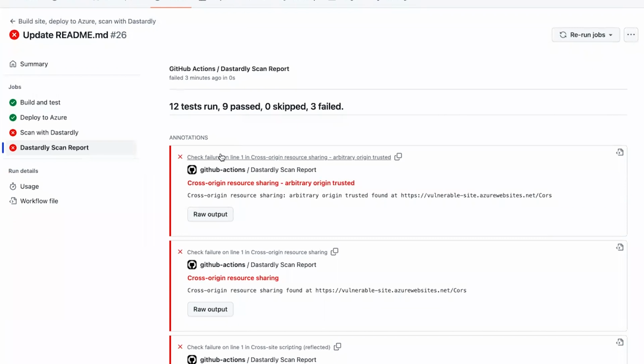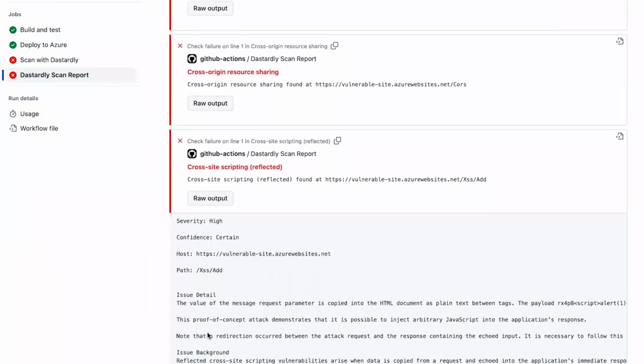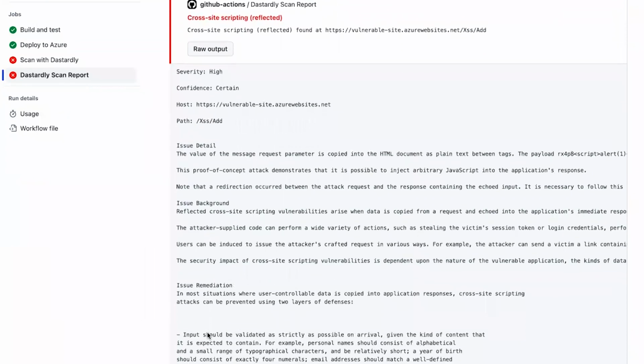So this is the kind of nicely formatted JUnit test that Craig and I have both mentioned. And you can see it's run some tests. So 9 of its checks have passed, but 3 have failed. We've got a sort of dashboard view of those 3 problems. And if we click on raw output under there and take a look at the full output that Dastardly